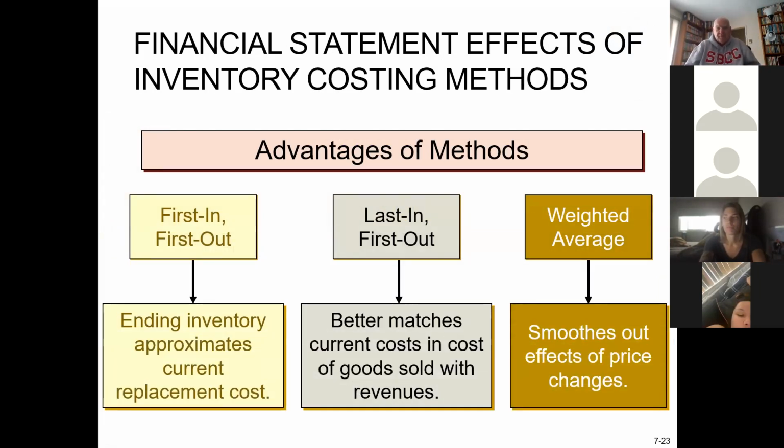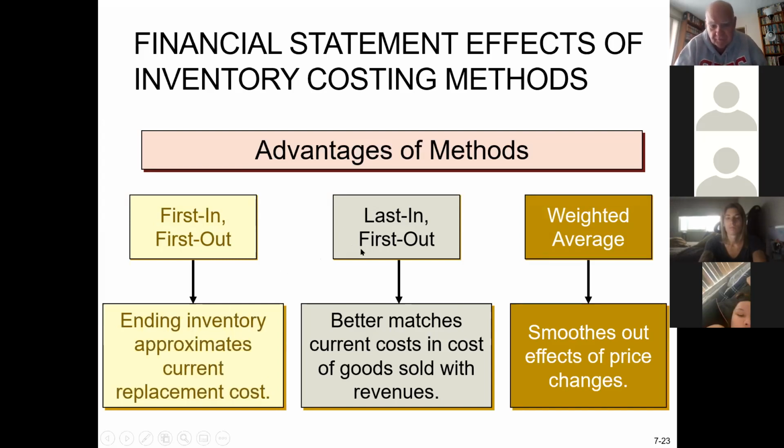Talking a little bit about the effects and the advantages. Let's see here. Why would we choose first in, first out? Well, the ending inventory will thus result in what the goods are pretty much worth at that point in time. So that might be something we want. Also, if you select first in, first out, you know you're going to have higher net income than these other two. And some companies like that because they make a big splash. They can announce record earnings of $1 million. Well, some of that was due to their accounting method, but that's okay.